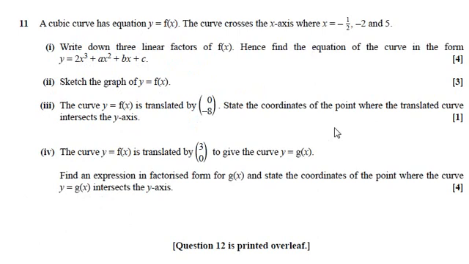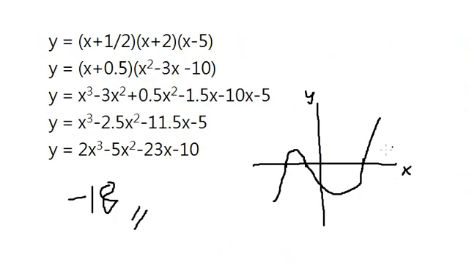Now question 4, the curve y equals f(x) is translated by 3, 0. Find the expression in factorized form for g(x). Now, this is a bit more tricky because we're doing something with the graph. So when you translate a graph horizontally by 3 to the right, in this case, if you remember in function transformation, which you have done probably in GCSE Further Math or this year, you will know that